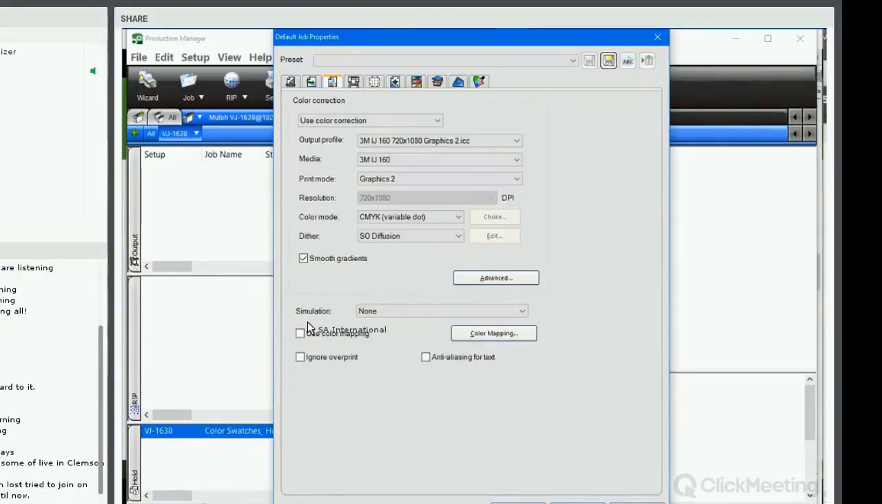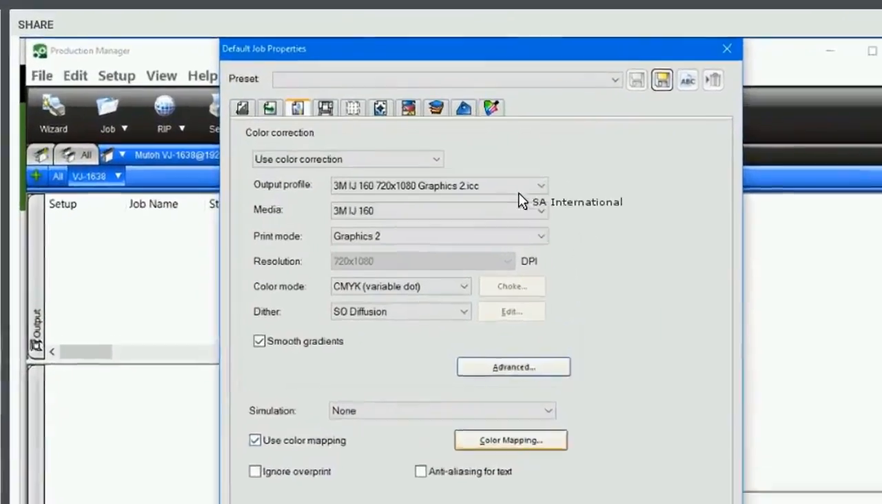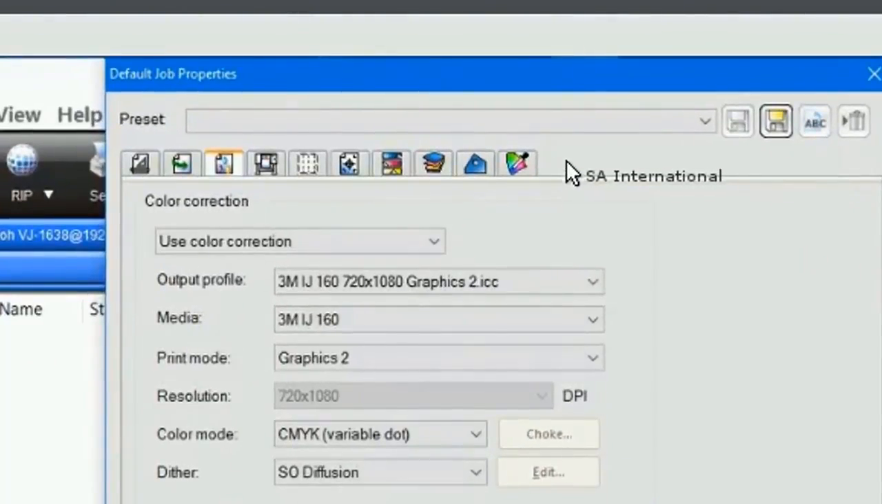So that would be just standard printing. It wouldn't use those values. It's going to use the original values. So you can check that on or off. One of the things I would suggest doing, if you are going to use color mapping like this,